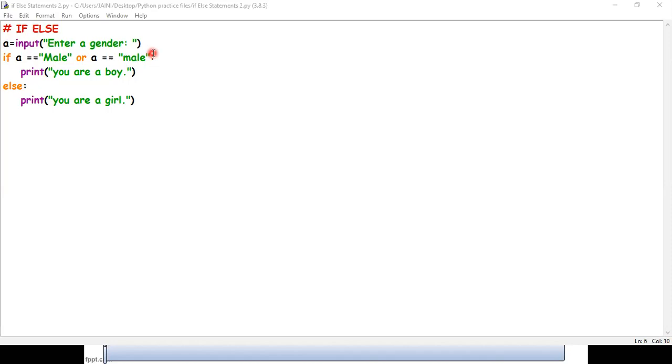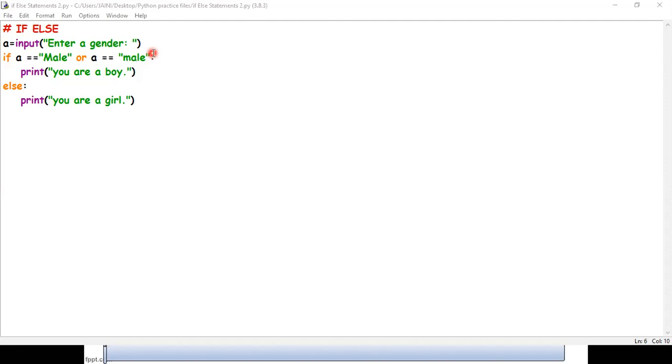Exceptions, if you remember, I had spoken about, there can be someone who will write transsexual. Yes. There can be someone who will write something else. So I can have another else, I can have another statement which says invalid entry. Okay, but then I won't be able to show you are a girl. So here we are just going to simply assume that our user is sensible enough to enter the gender as male or female, so that our answer that we show will be correct.